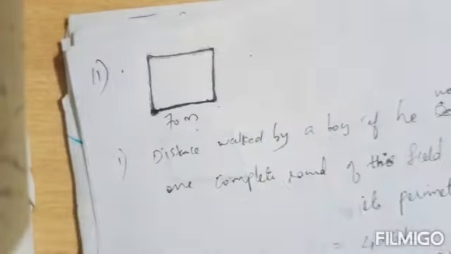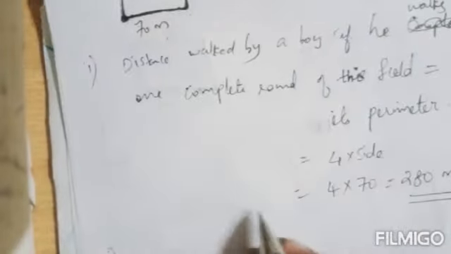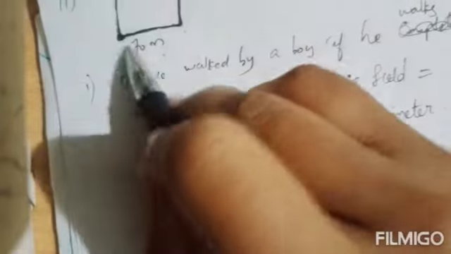Okay, in the second question, 8 complete rounds of this field. So 8 times he is walking around this field. So how much distance will he walk? So from the first question, if he completes one round, he will cover a